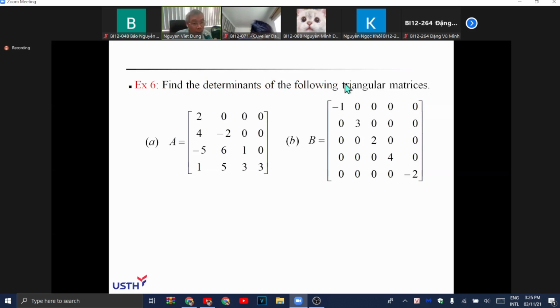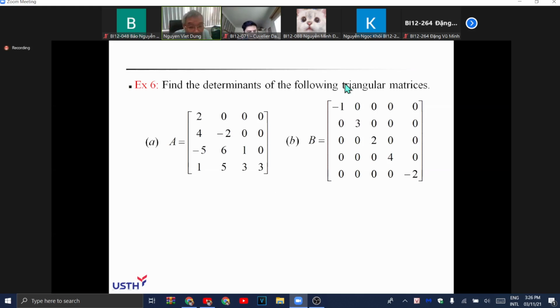Now you are given two matrices like that, A and B. You need to find their determinants. First, I take a look at example A. If you use the definition,